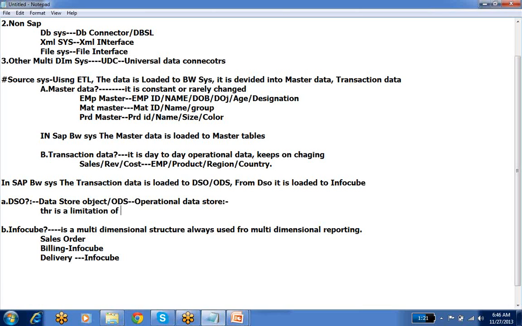there is a limitation of InfoCube, that is, there is a chance of duplicates in InfoCube. So I'm trying to say, especially when I'm loading data from unstructured systems like file system, there is a chance of duplicates. So to avoid these duplicates,